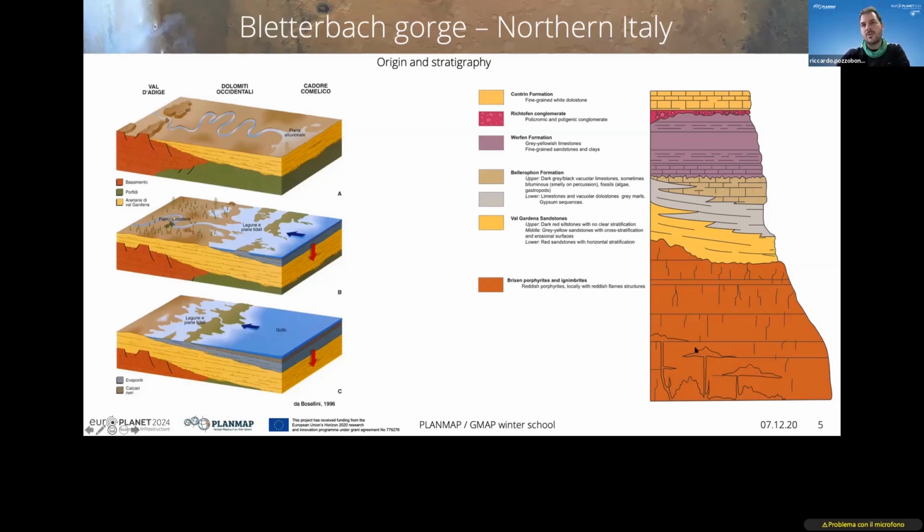This is the stratigraphic succession. At the base we have volcanic rocks from Mars that are degraded and eroded by fluvial activity or water activity, and reworked and redeposited like on Mars. And so we have a pack of sandstones with different granulometry piled up on top of these volcanic rocks. And then we have a deformation of all the carbonates and so on that we will find on the Dolomites. But the important section is this one, which has the similar conditions, both in terms of paleo-environmental conditions, but also